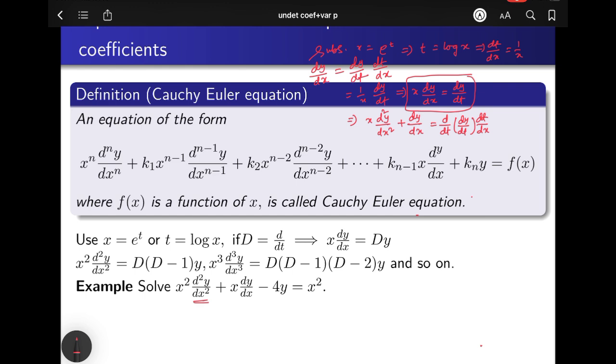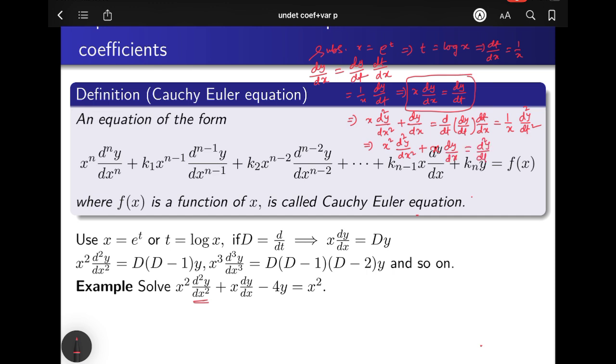Okay, dt dx you already got as 1 by x, so just substitute that quantity, that is 1 by x d2y dt2. Okay, so immediately what you are getting, see, x square d2y dx2 plus x dy dx is equal